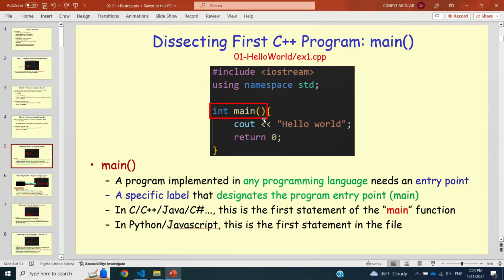and dissect it. The first thing we'll look at is int main, which is a specific label designating the entry point into our program. If you think about it, any program implemented in any programming language needs an entry point. You have to specify the first instruction to be executed, right? Most programming languages, including C, C++, Java, and C#, use a specific label called main that indicates the first statement to be executed. Other programming languages like Python or JavaScript, on the other hand, don't have this specific label. What happens when you execute a Python or JavaScript program is the runtime environment takes the first statement and starts